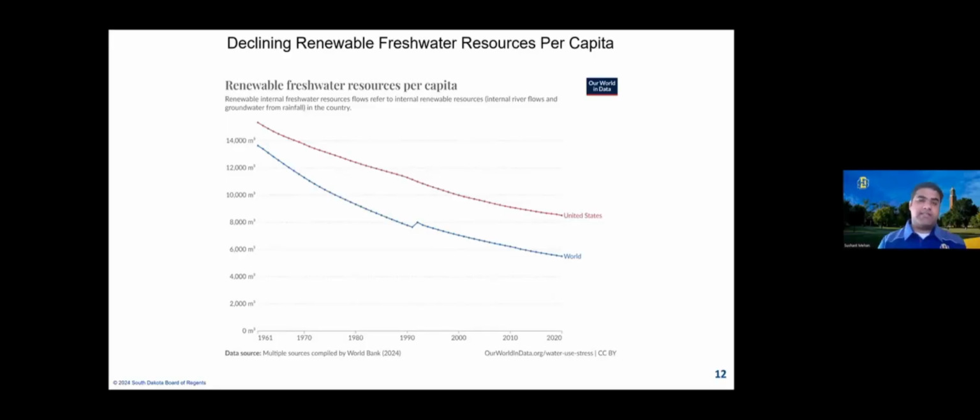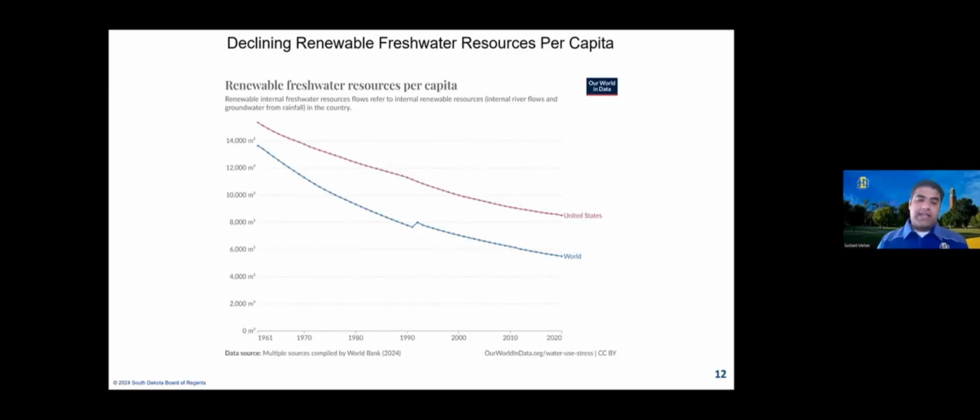To count those factors, number one could be the population growth. As population increases, the available water per person decreases. Could be changes in climate. Could be climate variability, changes in precipitation pattern, more frequent droughts, higher evaporation rates affecting the replenishment of the freshwater sources. Could be over-extraction of the water for agricultural, industry, and domestic use, further depleting these renewable resources.